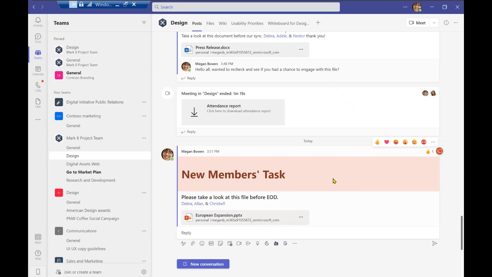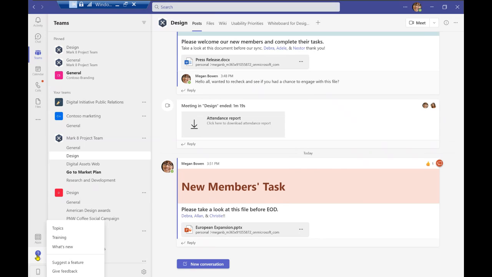All right, so I know I reviewed a lot of information today in the team's owner's experience and the team's members' experience, but before I go ahead and check in with my moderators, I did want to draw your attention to one last thing, just to help you in reviewing your information regarding teams and channels. So we're going to navigate right over here to the bottom of your screen to the help icon. So once I select this help icon, you'll see that there are quite a few tabs that open up